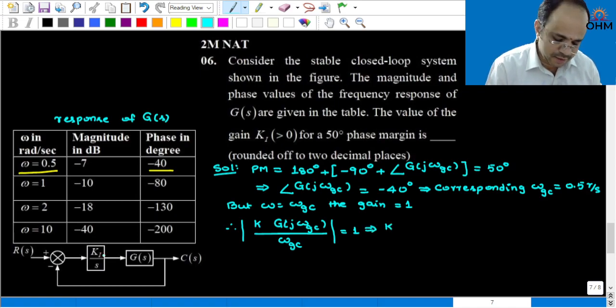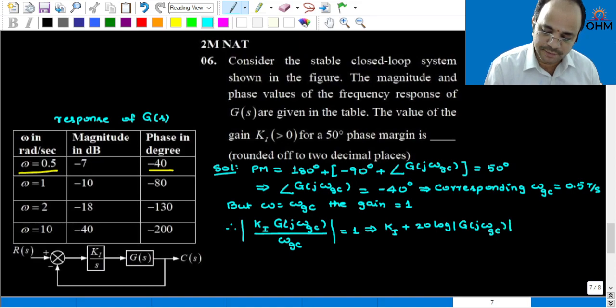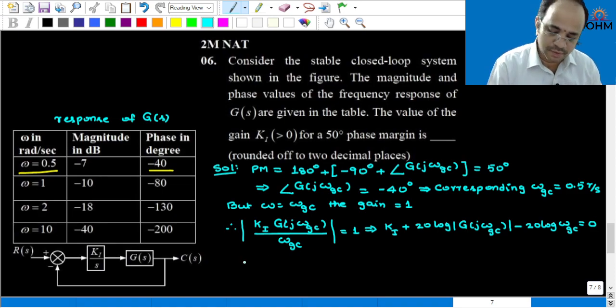Therefore, K, now this is basically Ki, so Ki plus 20 log of G of j omega gc minus 20 log omega gc is equal to 0 decibel. Okay, therefore Ki plus